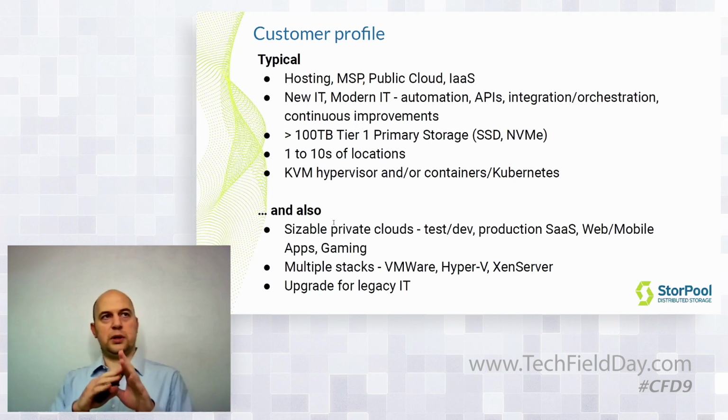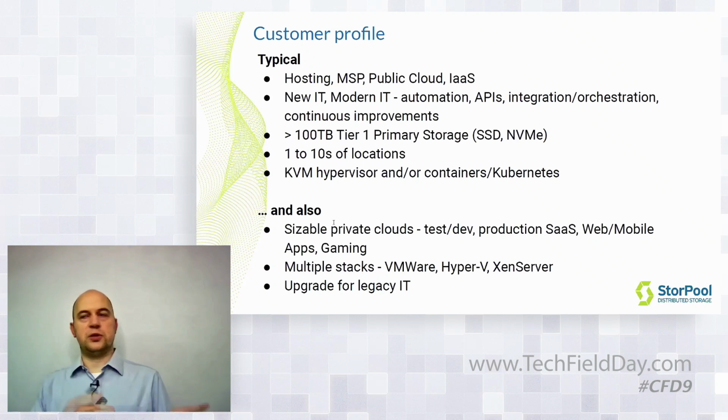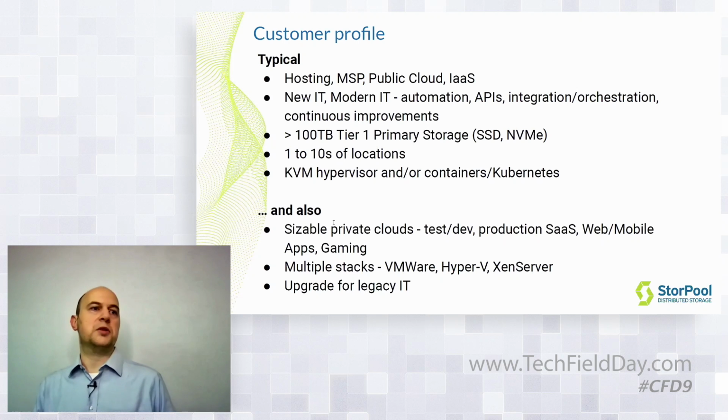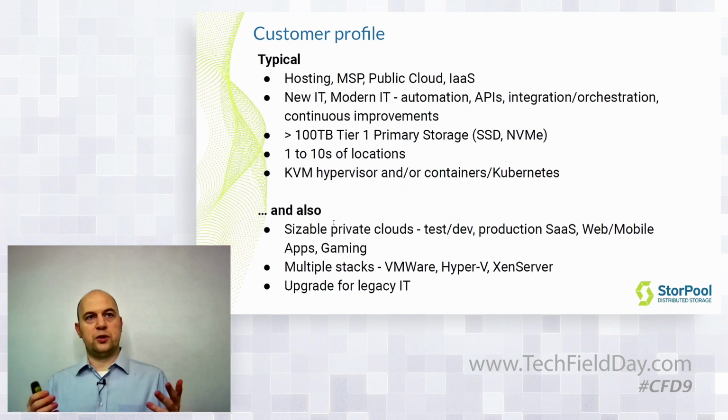In addition to our first profile, which is hosting and managed service provider, there are also customers who are sizable private clouds who use StorPool for test and dev environments, or for production software as a service, or for production web and mobile applications and online games or mobile games. There are also customers who are not with the KVM hypervisor, but with VMware, Hyper-V and Xen servers. We call these multiple stacks. Some customers have KVM in addition to VMware. And in some cases,